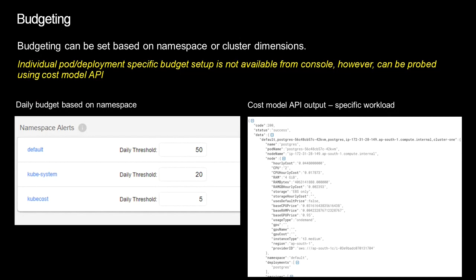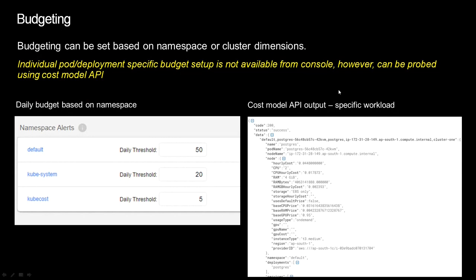Here I was running a Postgres deployment in the default namespace, and it shows how much cost is incurred by this particular workload. So you can do a back calculation, or you can create your own application which periodically checks this data, and it can automatically terminate the instances or workloads if necessary.